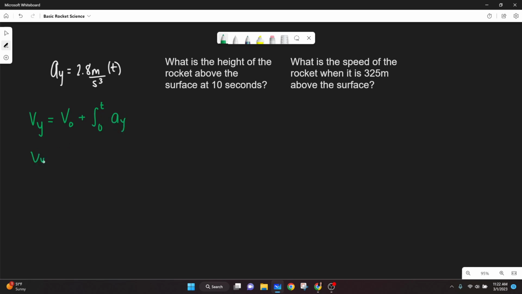And so vy is equal to, this becomes 0, since our initial velocity was 0, the integral from 0 to t of 2.8